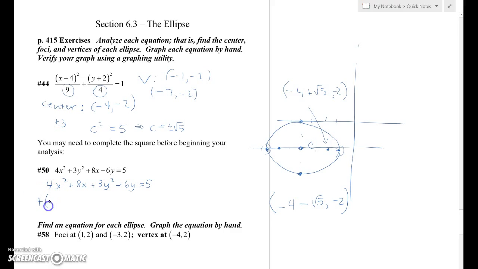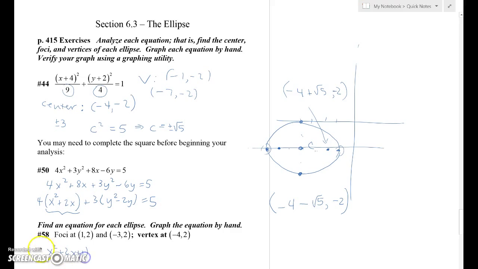So I would factor out the 4 from the 4x squared and the 8x to give me x squared plus 2x. And I'd factor out the 3, and that'll give me y squared minus 2y. Now I haven't changed anything yet, so I'm still going to have a 5 on the other side. But now inside these parentheses, I need to complete the square. So I can see that I need to add a 1. But if I add a 1,